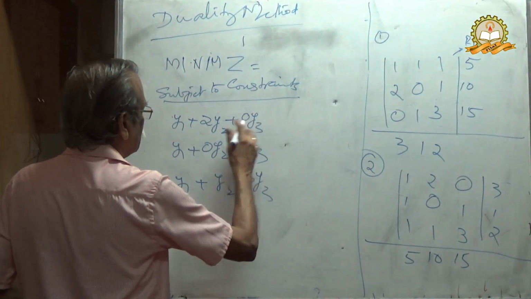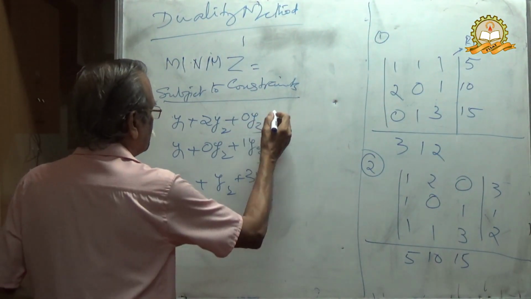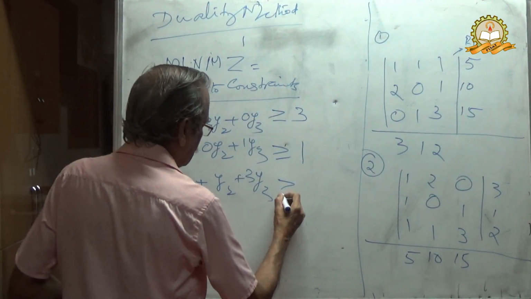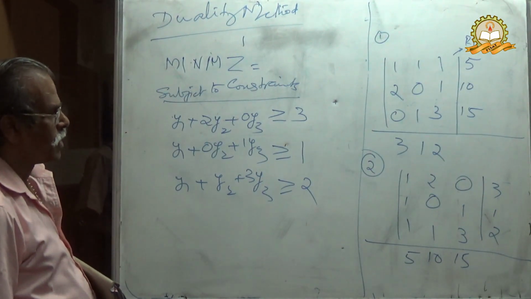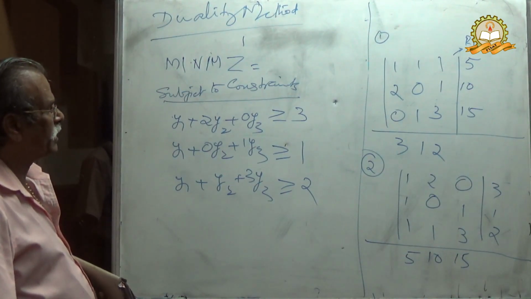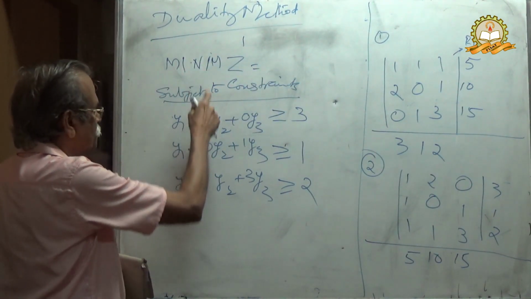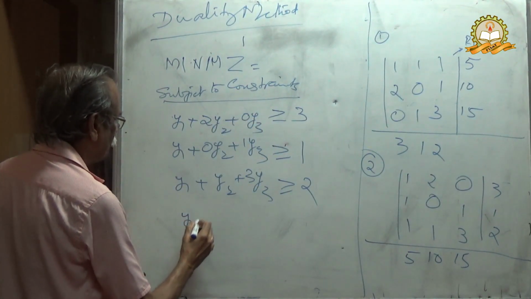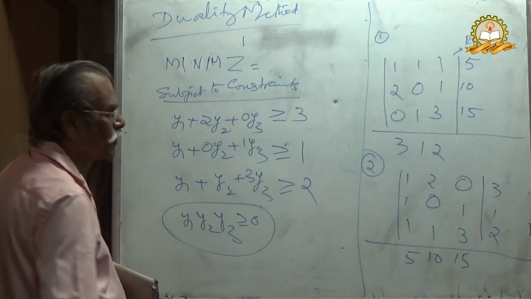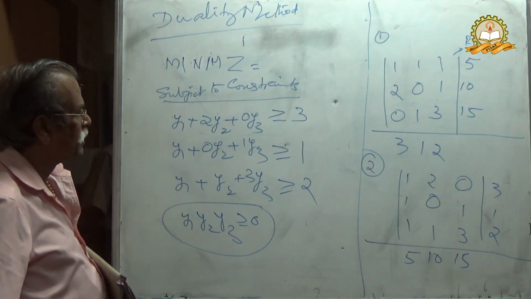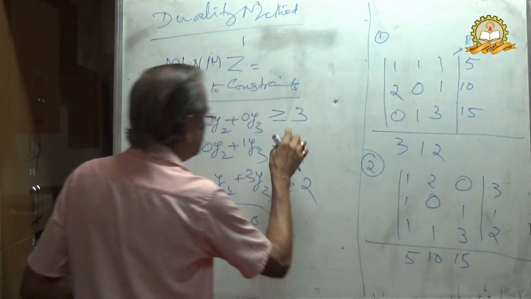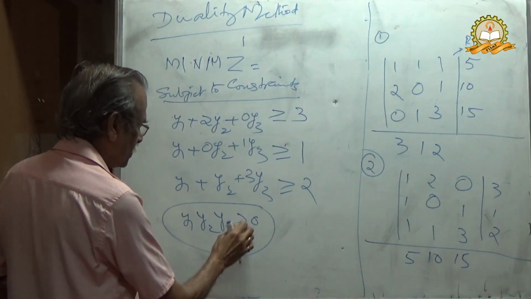Therefore, here you write: the given question was less than or equal to, therefore this becomes greater than or equal to. The given question was less than or equal to, so the inequality changes into greater than or equal to. Maximum changes into minimization with these constraints, and y1, y2, y3 greater than or equal to 0. All positive values, we mean positive values. Therefore, after getting this, the inequality was less than or equal to as given, so it changes into greater than or equal to, and y1, y2, y3 greater than or equal to 0.